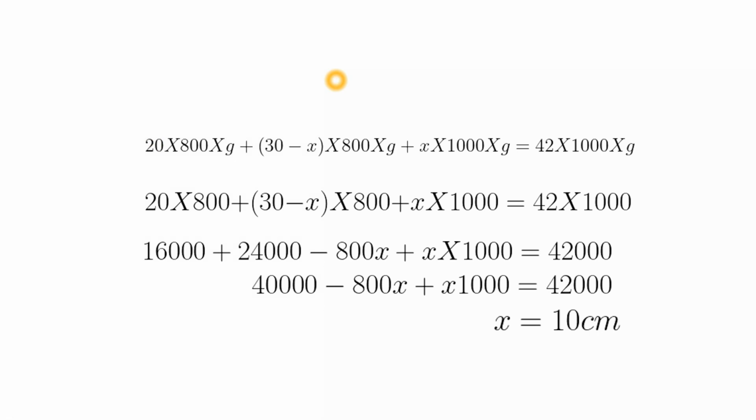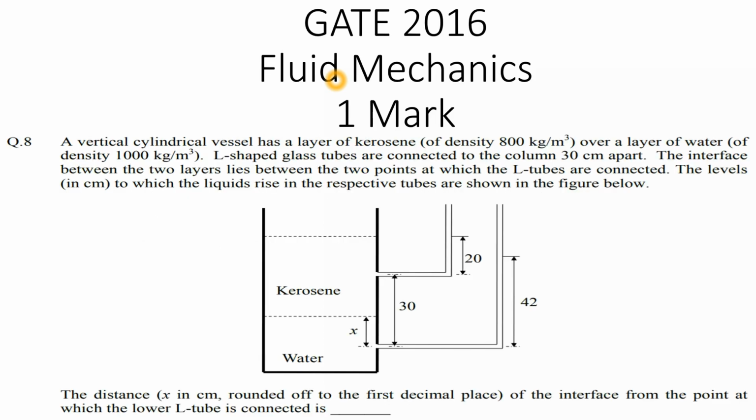If you convert it in meter, then you will get the answer in meter, and then you will convert it again in centimeter, since they are asking the value of x in centimeters. So I will solve in this. So this height plus this height will exert a pressure, and this pressure is equal to the pressure exerted by the water column of this, right?